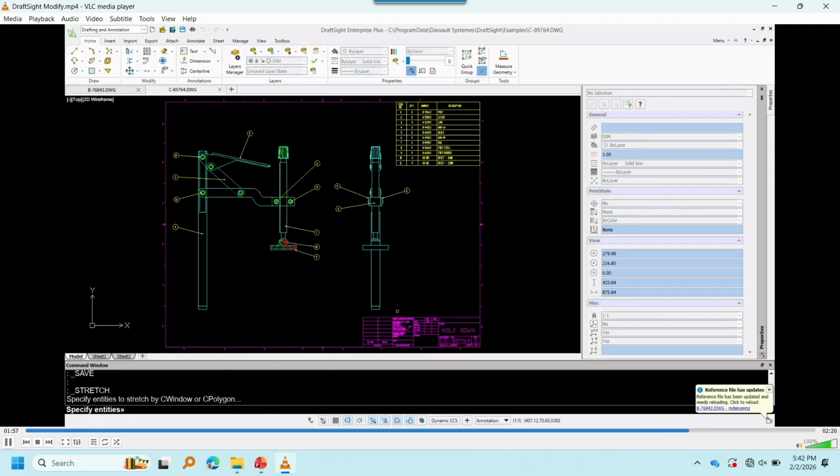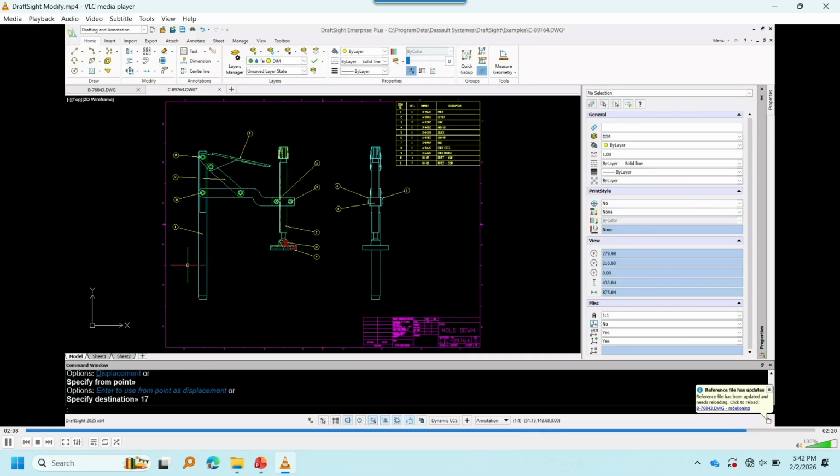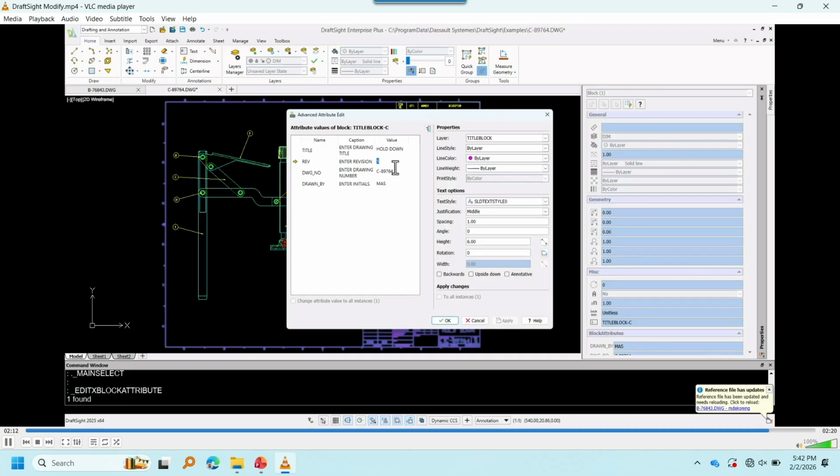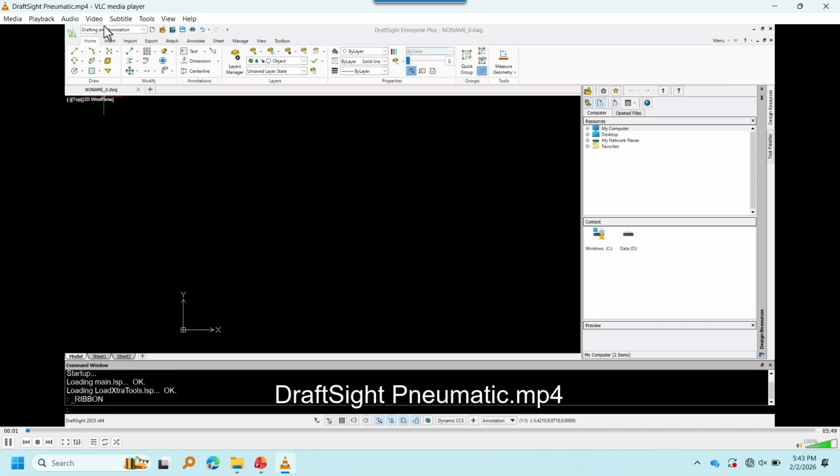So I've got to go back, and I'm going to use my stretch command correctly this time, and stretch those entities and shorten them by 17. And I'll remember this time to change that revision on the drawing and save that. So that's just a little example of doing a